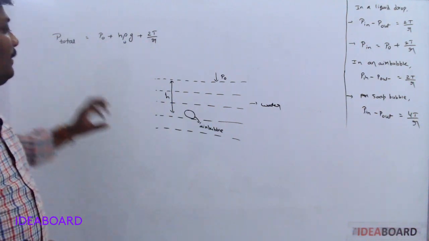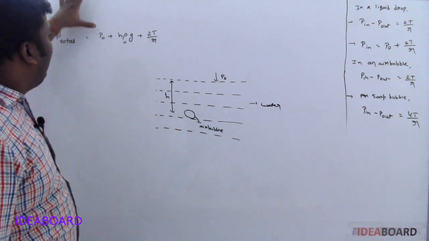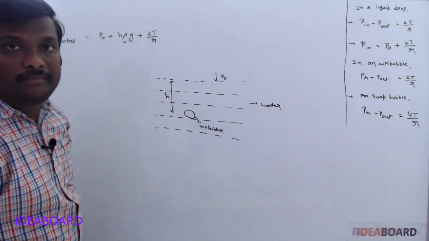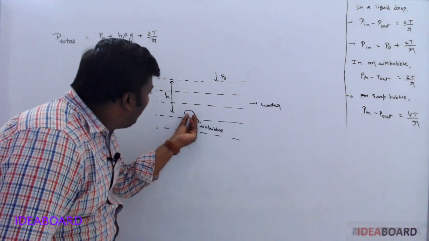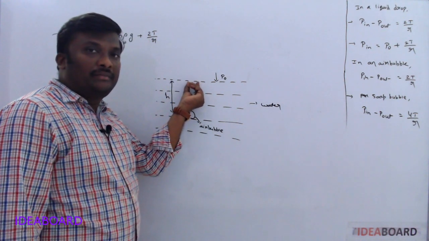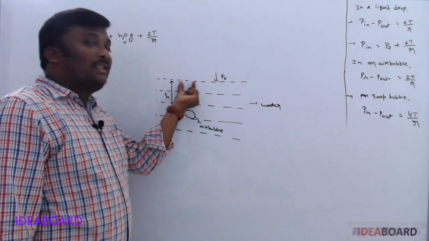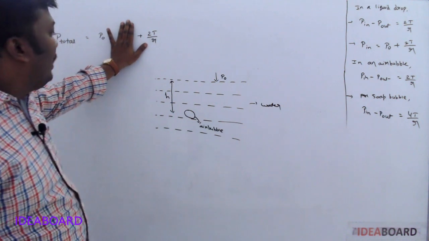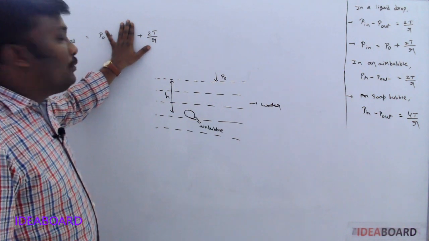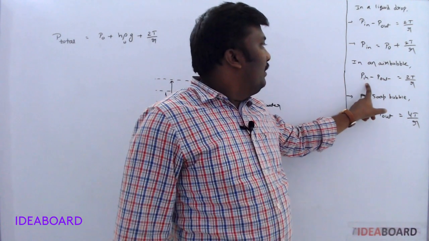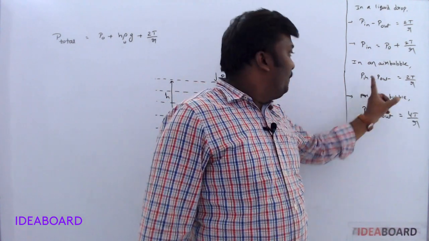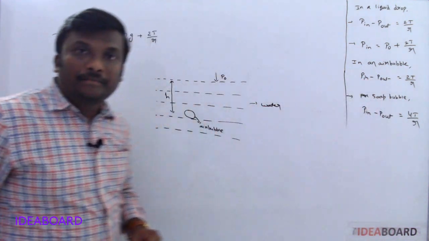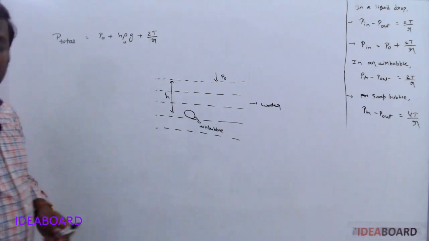Okay, so what is the total pressure inside the air bubble? Total pressure is P naught plus H rho g plus 2T by R. Now, suppose this air bubble reaches the surface, which means this H value becomes 0. Whenever the H value becomes 0, the total pressure inside the air bubble is P naught plus 2T by R. So P naught will be taken outside, and P in is equal to P out plus 2T by R. Understand now? In this way, questions are asked from the excess pressure.